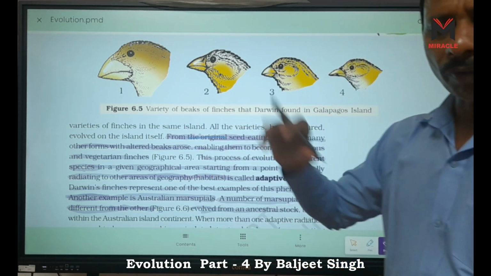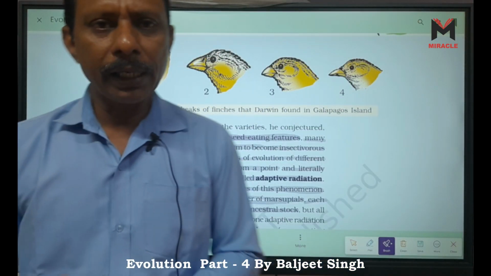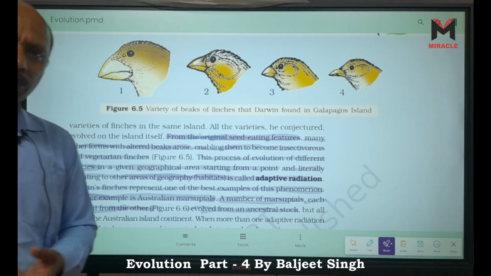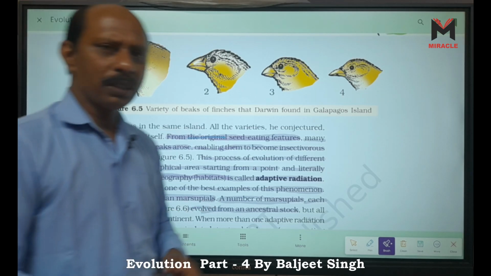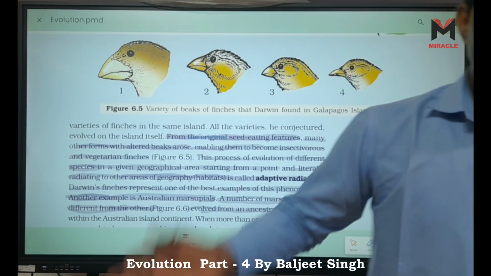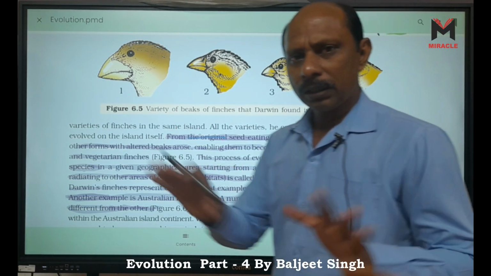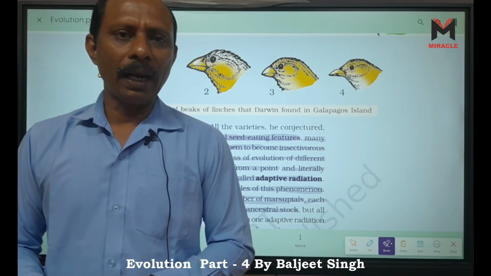So they survive in Australia. But the marsupials which are present in Asia, they are eaten by or killed by mammals, right? That's why in Asia marsupials are absent, but in Australia marsupials develop, right? So in Australia what happens? They develop from a single ancestor and different types of marsupials evolved. That is the example of adaptive radiation.